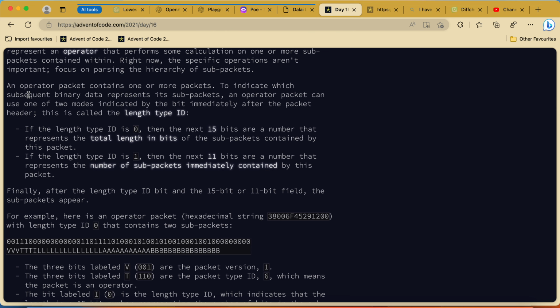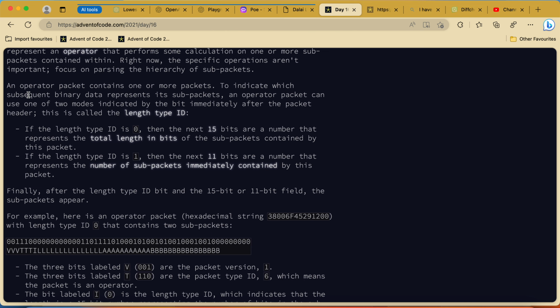Okay, I'm reading this packet header, and after that I have one bit that tells me about the sub-packets. This is called the length type ID.